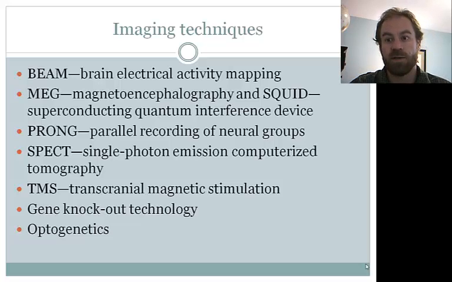Optogenetics also allows neuroscientists to insert genes into neurons of non-human animals that cause the neurons to become sensitive to and excited by light. Shining a light on that part of the brain will then activate those neurons, and this allows specific activation of only the modified neurons, allowing their functions to be better understood.